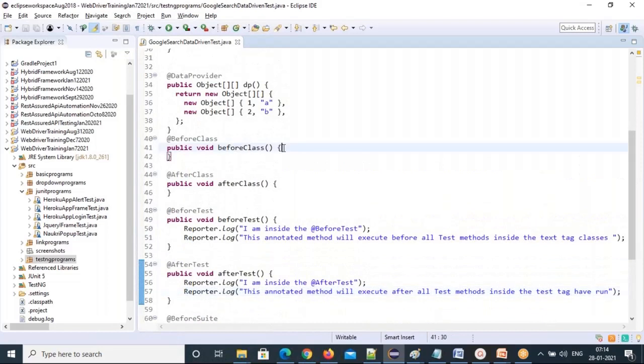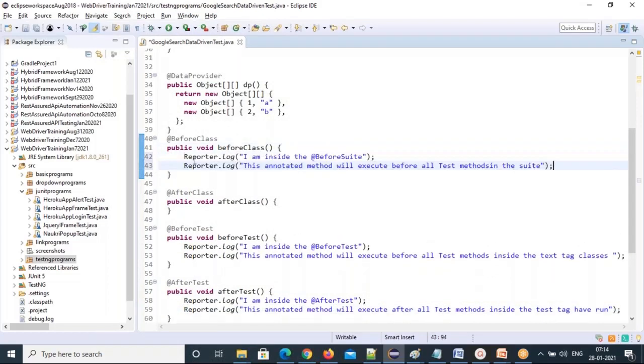So in the BeforeClass, what I'm going to do here is launch my browser. Okay, I'm inside the BeforeClass annotation. Maybe you can change this test method name if you want. All these method names you can change. Suppose I want to do this launch browser, so this is the launch browser code I'm writing here. That launch browser code I'm going to write here. So this is the set up browser code.